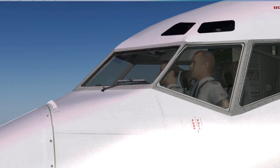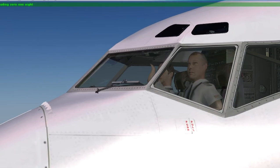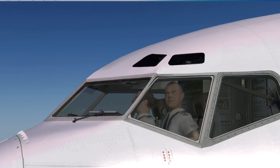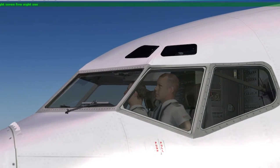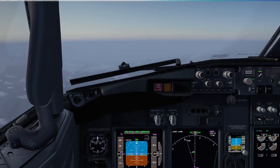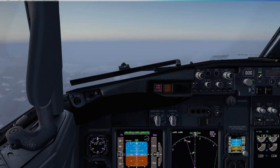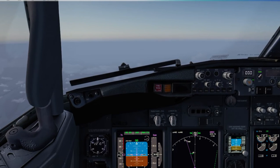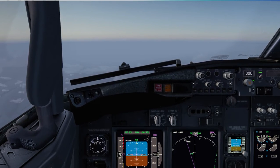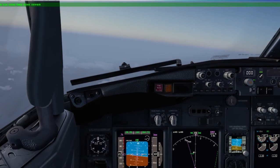Gotta come up with a hat on it, right? Hey, say hi. Alright, now I'm going back into the cockpit. So from the look, see the